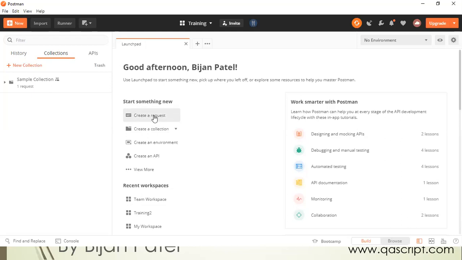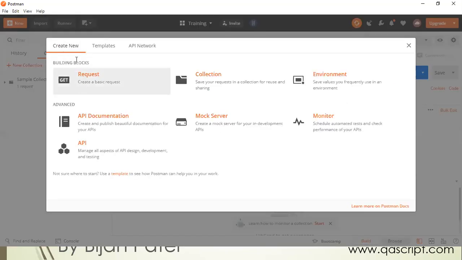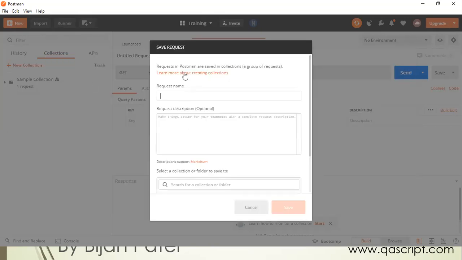So you can click here on the dashboard, create a request, and it will open a window where you need to enter all your request details. There are other ways of doing it. You can also click on this New button and here you will get the options to create a request. This will ask you for a request name and description.